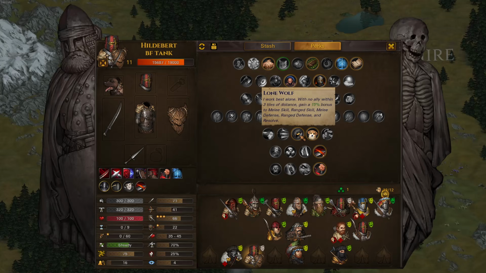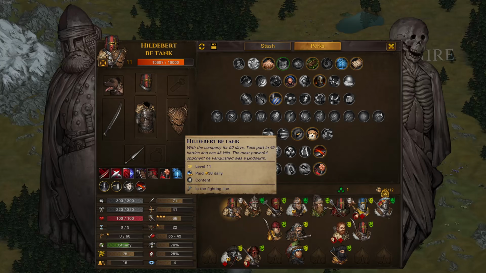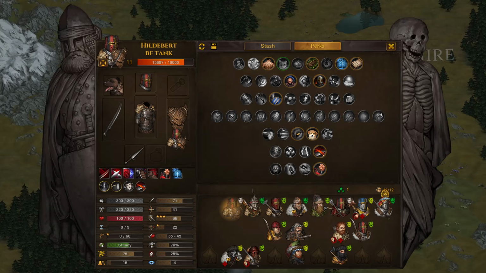And Lone Wolf is also mandatory because a lot of the time in big fights, all the opponents that are over the normal spawn, they all spawn on the left side of your company. So your left side of the company, this side here, will have all the extra enemies, and all these guys will come here. So what you do is you basically take your Battleforge tank, move him 4 tiles out like this, and he's going to engage all the enemies,